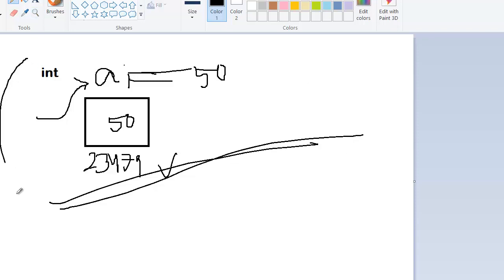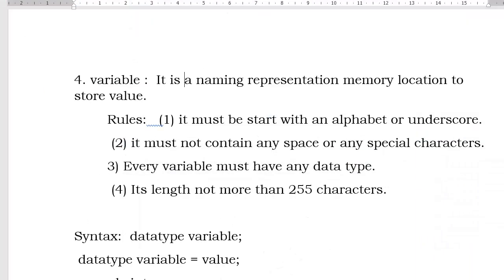Garbage collector is a technique where the value or the object that allocates some memory space is removed. This is about the declaration. So how can we declare a variable? We cannot write as we wish, so there must be a rule. It must start with an alphabet or underscore. It must not contain any space or any special characters, like round bracket or square bracket.